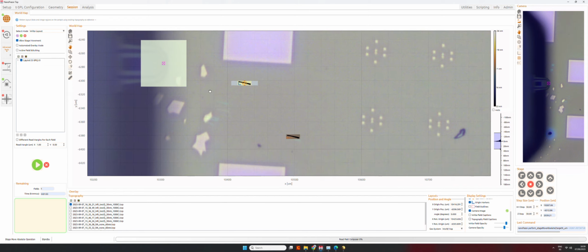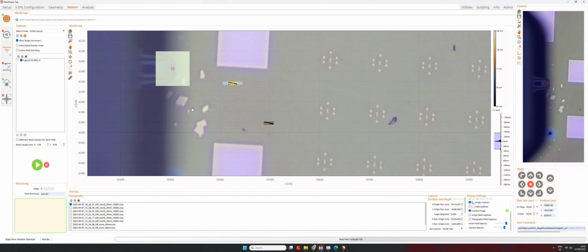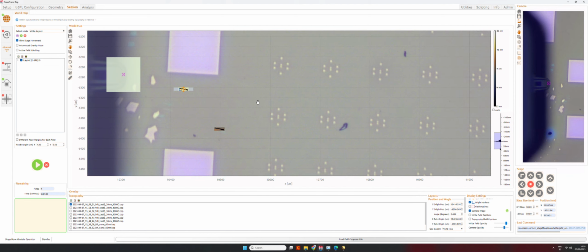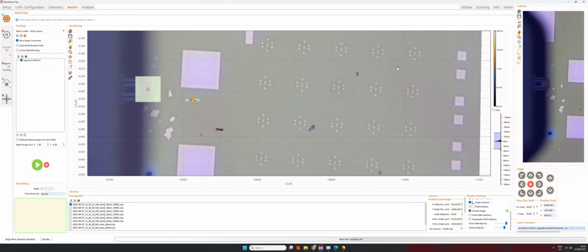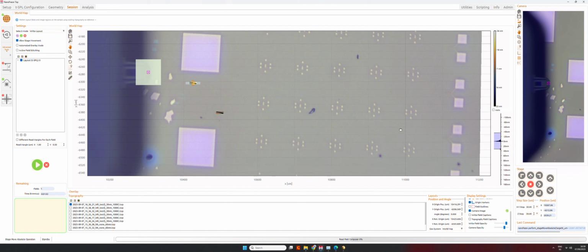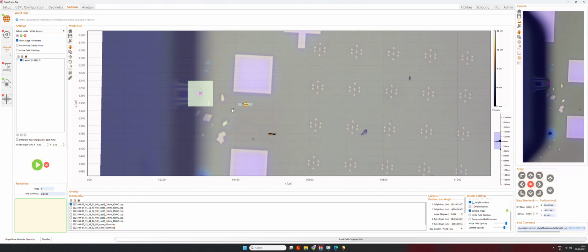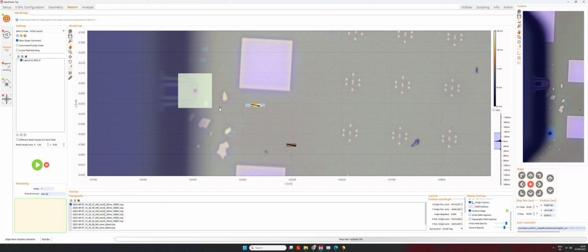So we have this small structure meant to simulate a 2D material flake. We also have some other areas where we have fake nanowires and similar stuff, or any other kind of structures like this structure, which can be used for automated overlay or some other type of training with the NanoFraser.